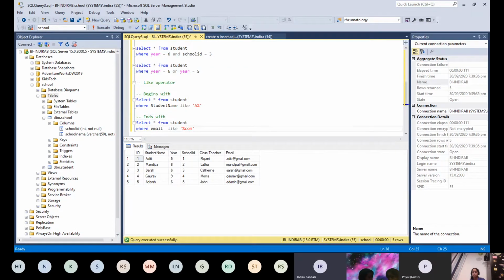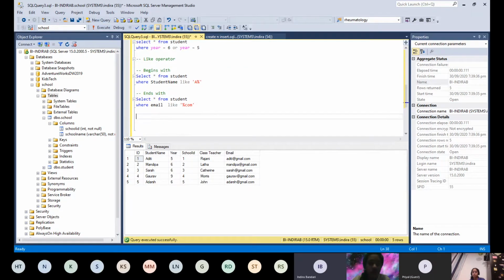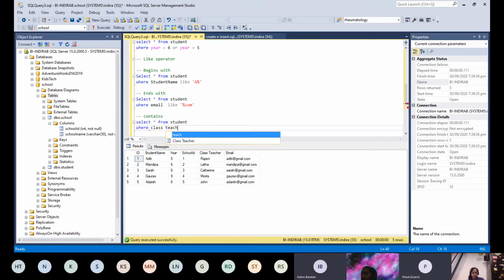Now we will go to contains. So for contains, what is the condition? Select star from student where clause. Okay, let's look at class teacher containing A. So how do we write?